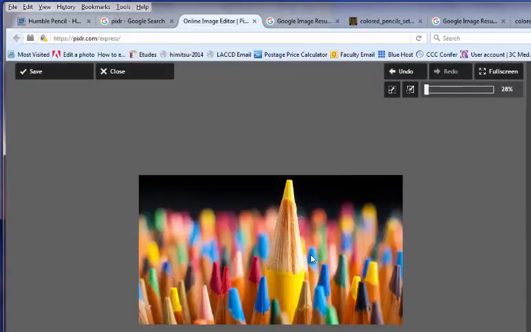So the last step in this process is to compress our images, and we will do that